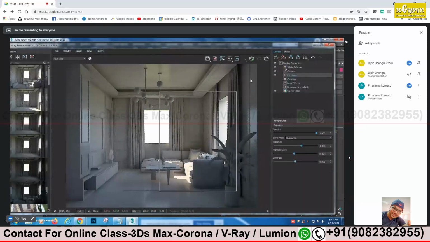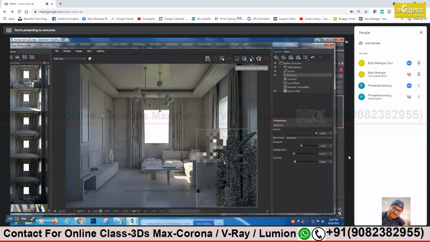I will take a small patch render near the plant. Yes, correct. Nice. Good. Okay, I'll take a full render now. Take full.